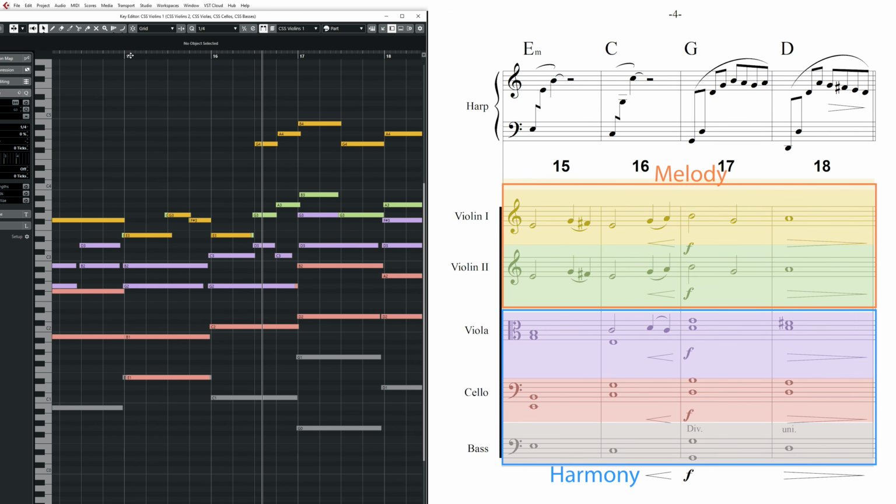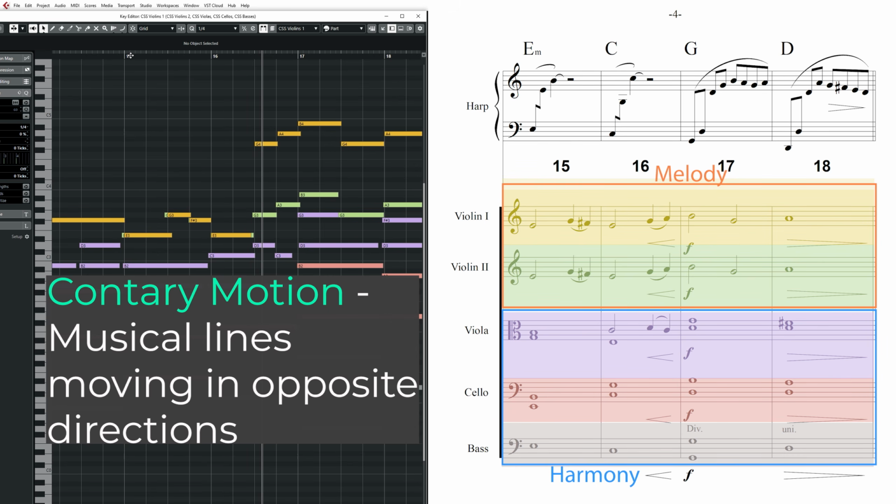For the whole melody, the first and second violins are playing the same pitches in unison in order to achieve a thicker sound and giving the melody more weight. You can see that in bar 16, the violas are also playing a rhythm similar to the main melody, but instead of rising like the violins are, they are descending. Having 2 musical lines moving in opposite directions like this is called contrary motion and is an extremely effective composing